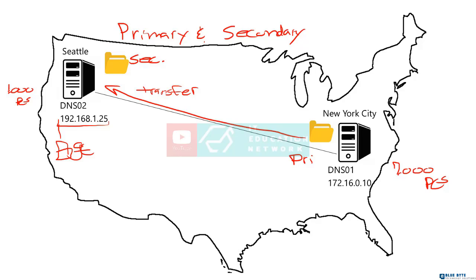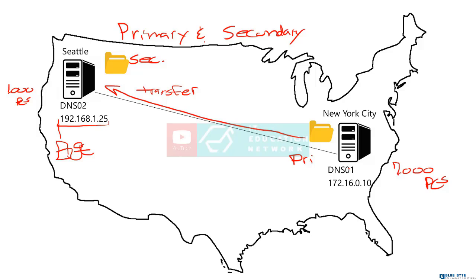Well, imagine if you had 1,000 users go to those sites from Seattle and you didn't have a DNS server. All that would get pushed and pulled across your WAN link. Once I have the server in Seattle, all those queries go here. Now, this will either connect to the internet to resolve it, or it'll pass it back to the primary. But then in Seattle, it's going to cache a copy of it. So the next user that wants that a few seconds later, they'll just read it from the DNS server in